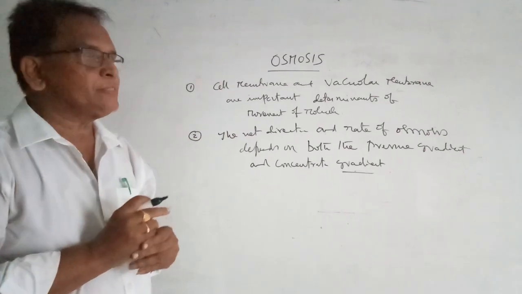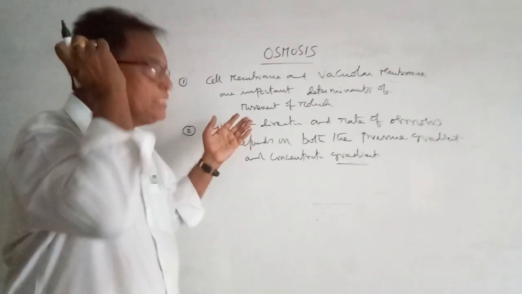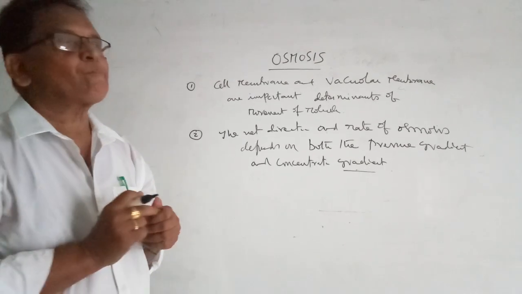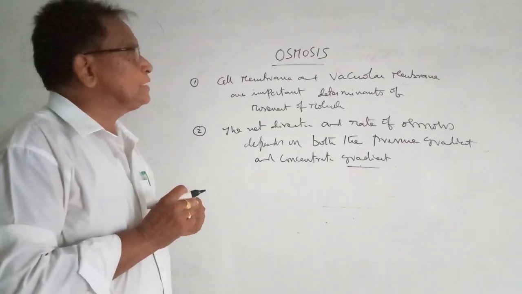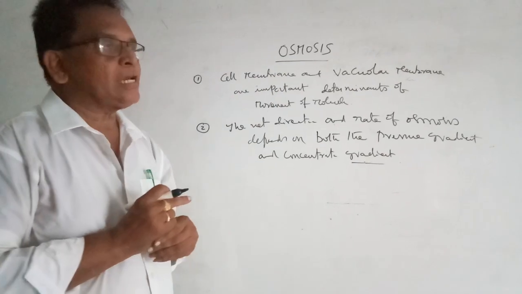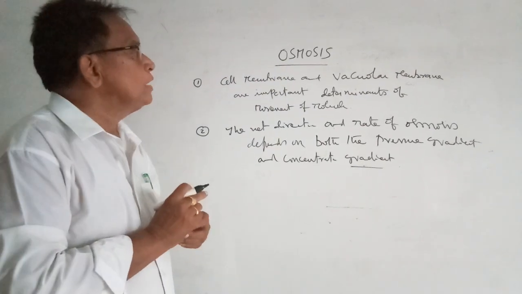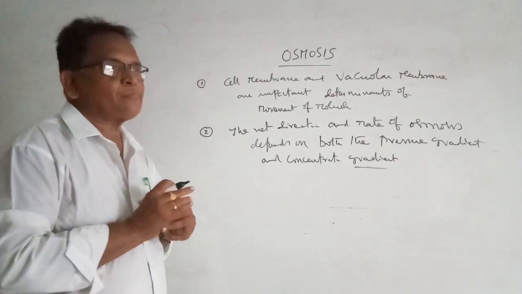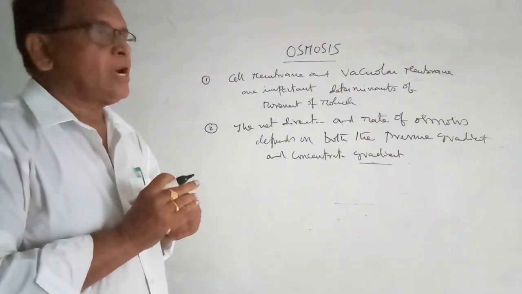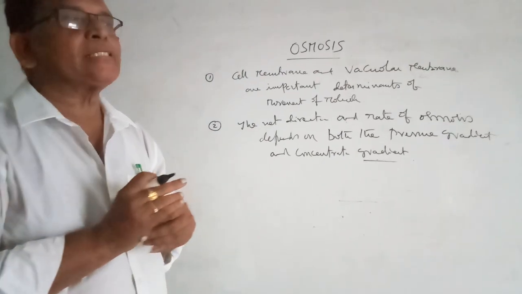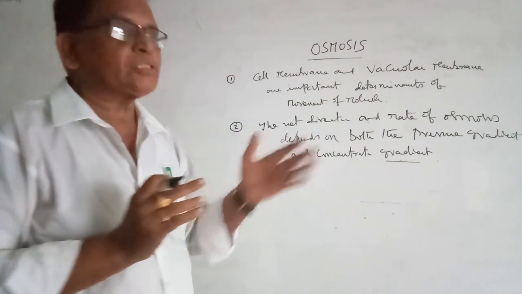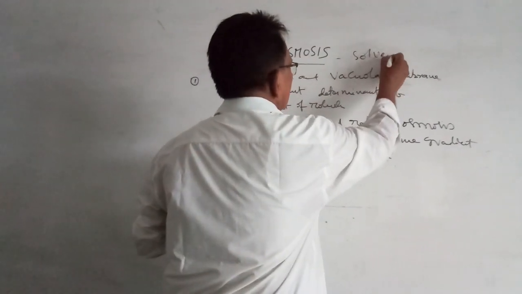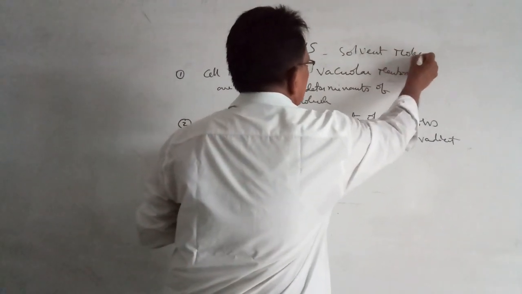In plant water relationships, we have just seen the importance of water potential, solute potential and pressure potential. Along with these three, there is another process called osmosis, which is also essential for the absorption of water by the root system from the soil. Osmosis is a phenomenon. It is nothing but the movement of solvent molecules. It applies only to solvent molecules. Please bear in mind, solvent molecules.